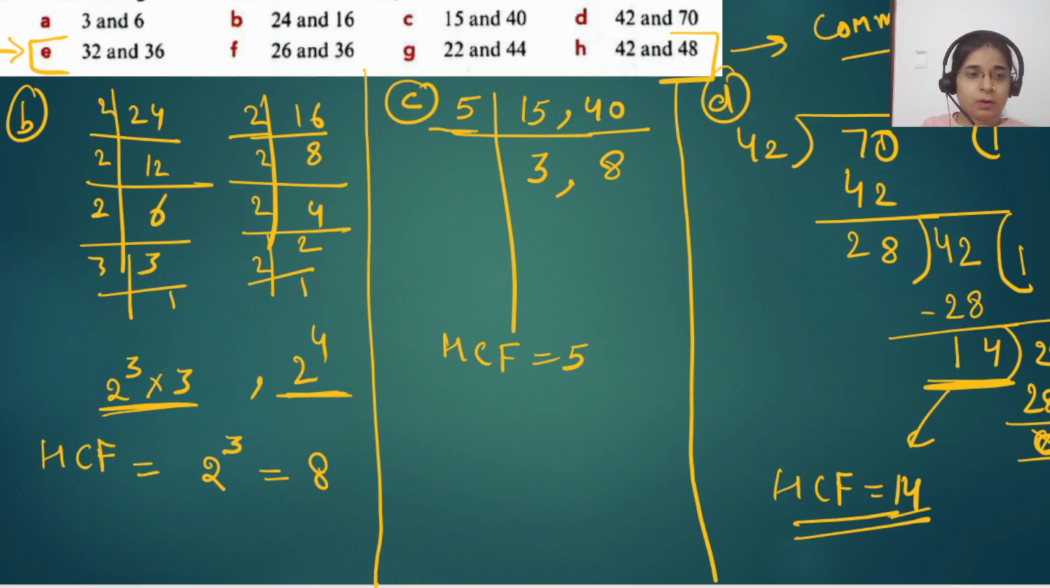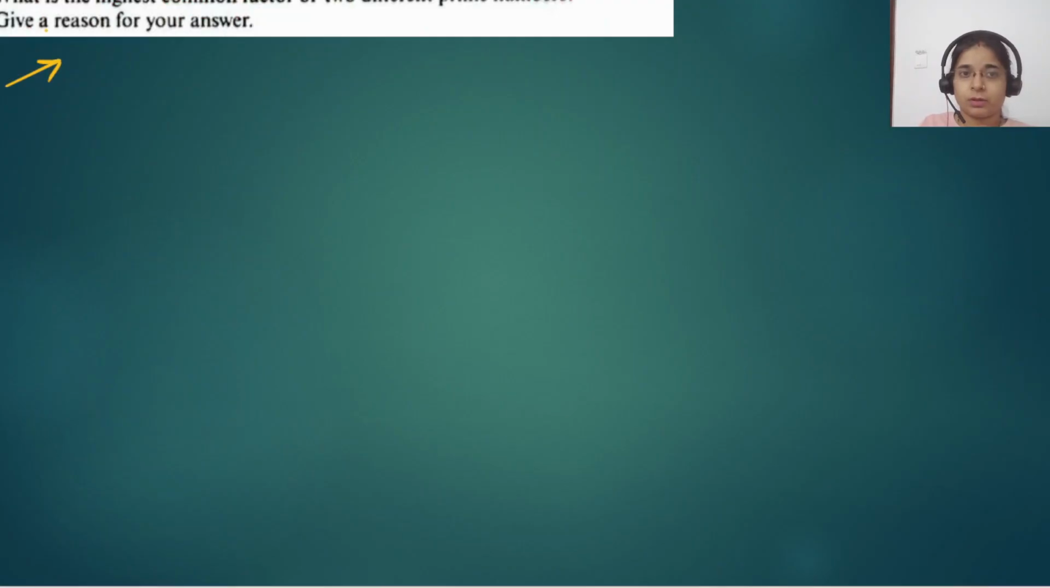Okay. Now this one is another question. What is the highest common factor of two different prime numbers? Give a reason for your answer. If you have two different prime numbers, 11 and 13, do they have any common factor? No. Because what is the